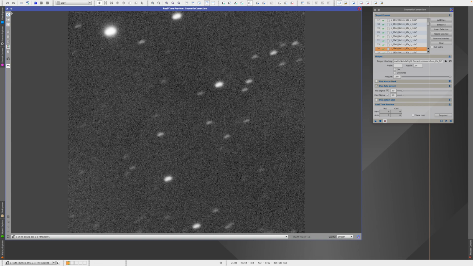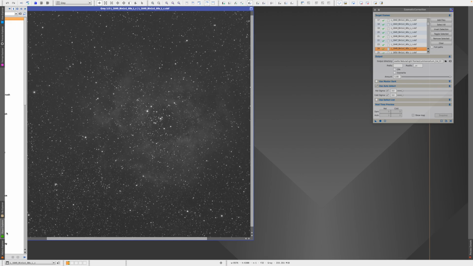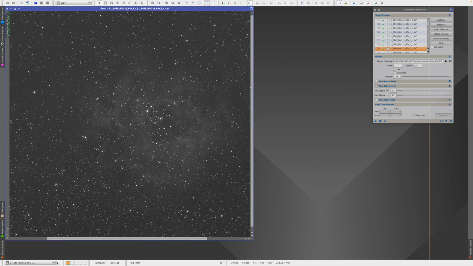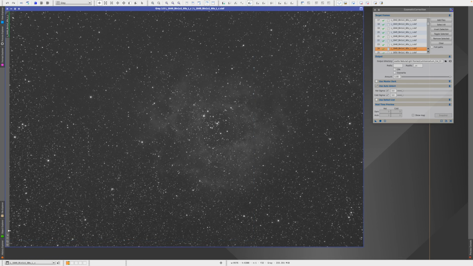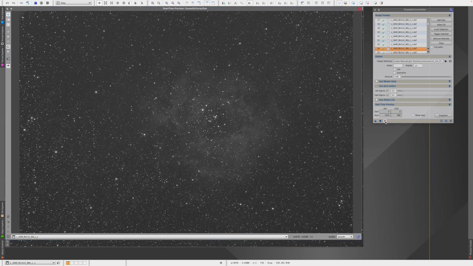So now let's see what happens if we apply this to the full image. We close out of the preview, and what I do is I delete this preview window. So we've got our full image. And once again, I go here to the open circle and I generate a preview window. And what it's going to do is apply our current sigma settings. And you can see in our full image, we're going to remove